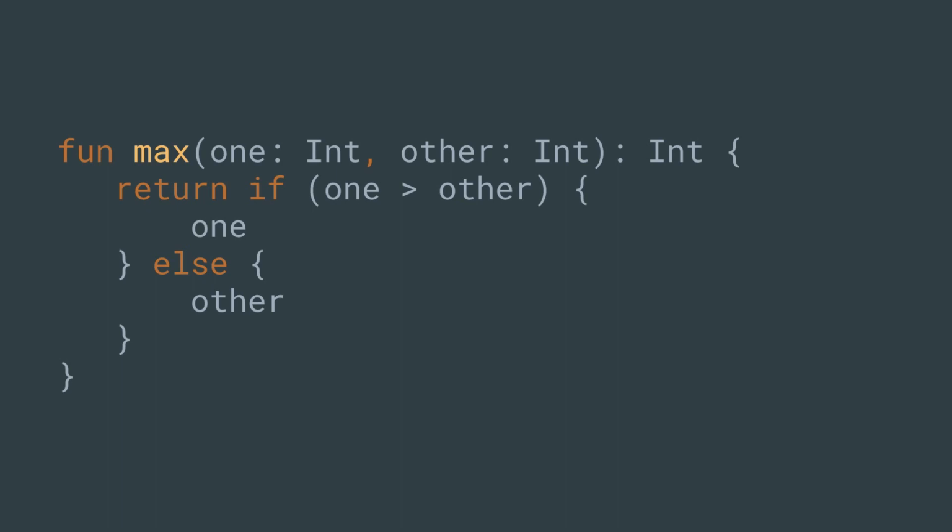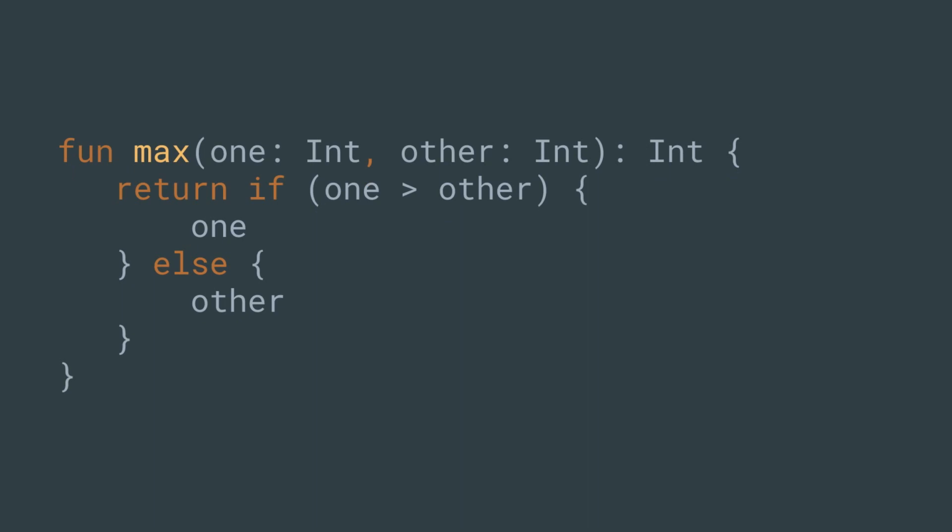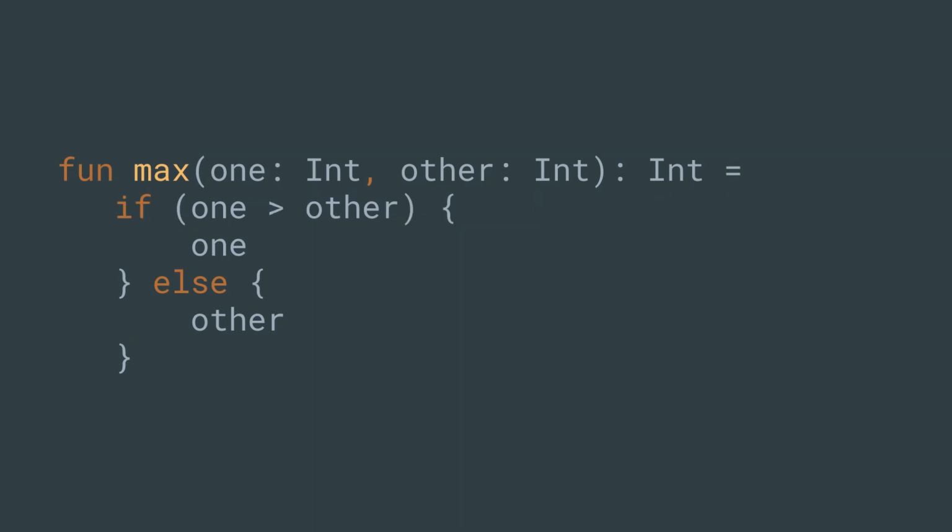There's also one more peculiarity about this function: if you do this, the function is reduced to a single expression. You're just returning the value of that if expression. And Kotlin lets you simplify that by saying that instead of having the brackets around the method and the return type, you can just say function max equals and the actual expression. This is what it's usually called the one-liner notation. It allows you to create very, very compact methods, especially when you're doing some simple stuff like just returning a field or a property.